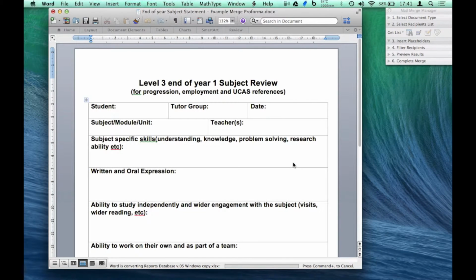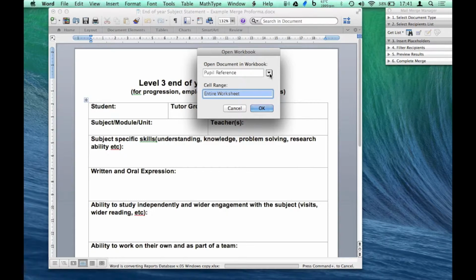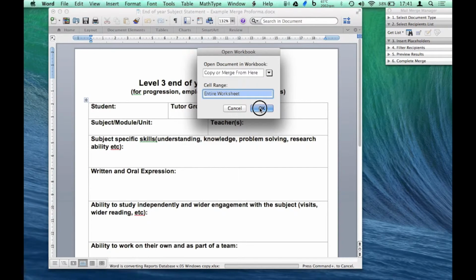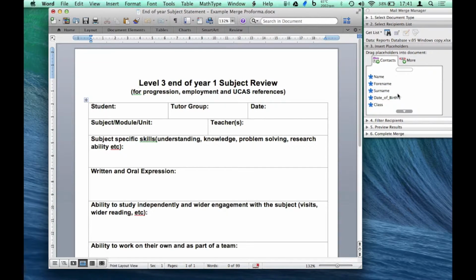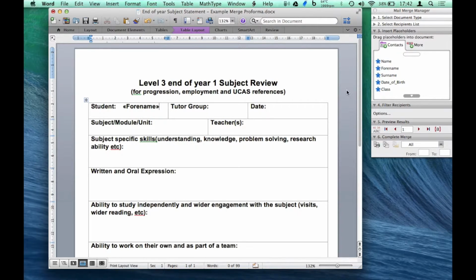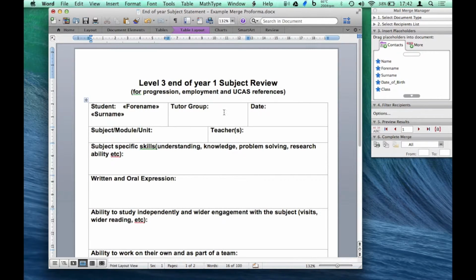Say OK, and then when choosing which worksheet to use, choose the copy or merge from here sheet, say OK, and now under the placeholders all of the student data is showing up along there, including our custom comments, and we then start to put in those placeholders where we want them,